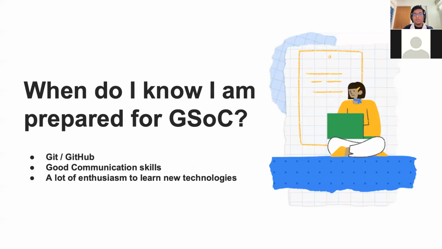So if you are new to software development, I would suggest you get started with Git and then try out the various development fields such as cloud, web development, cybersecurity, any field that you feel is the field in which you want to build your future. You should opt for it and then learn the basics of it. For example, let's say you are interested in web development. You can get started by learning HTML, CSS, and JavaScript, and then move on towards more complex technologies such as React, GraphQL, etc. But it highly depends on the type of project you want to choose for your GSoC.